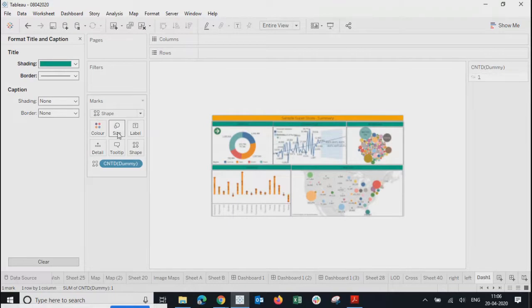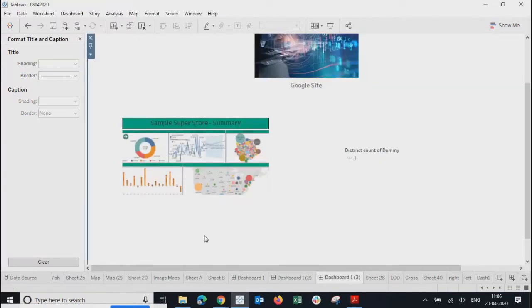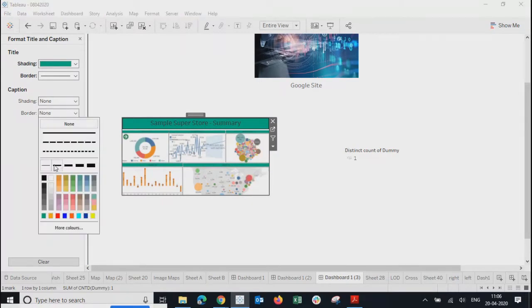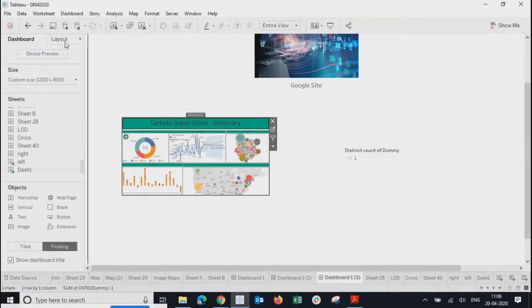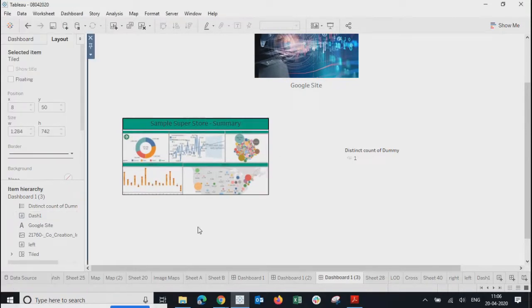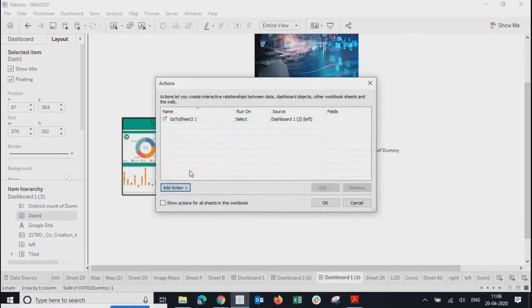So shape, I'll try to increase a bit more. Okay, let's see how it comes up. Okay, it's not very clear though. It looks little, it's not very clear. So that is what maybe you can work with in order to make it better. Or you can take some other image with better pixels. Right? Sample superstore summary. And over here, I'll go to this dashboard, action, add a filter,